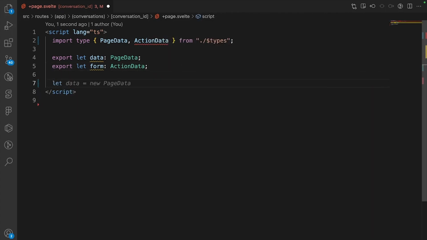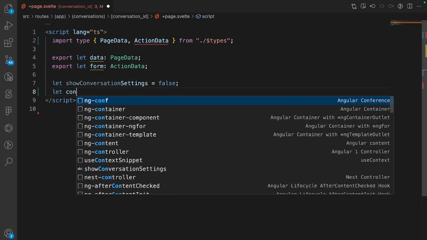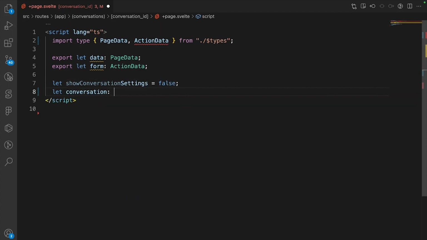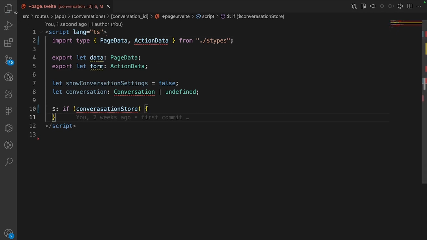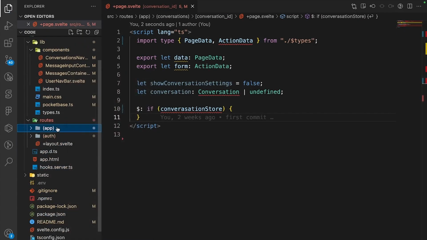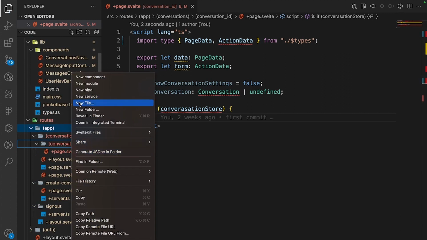Then we're going to say let showConversationSettings is equal to false. And we're also going to create a conversation variable. Let conversation is equal to the conversation or undefined. Then we're just going to say reactive declaration saying that if the conversation, just to get the autocomplete on the action data, let's go over to the folder of the conversation ID and let's create a new file called